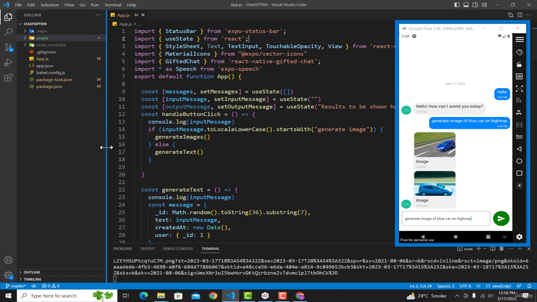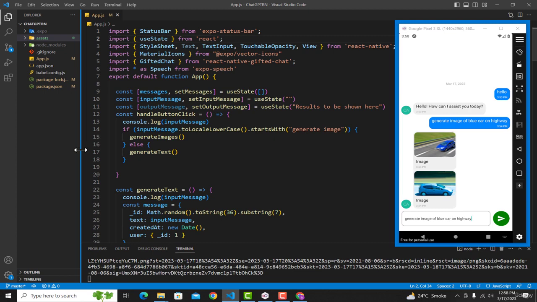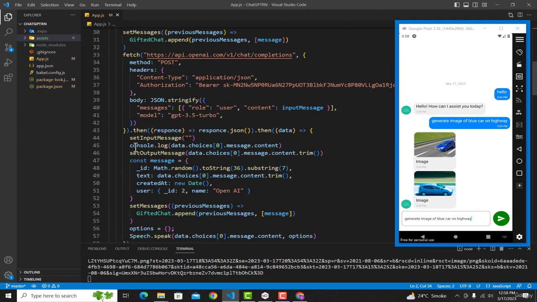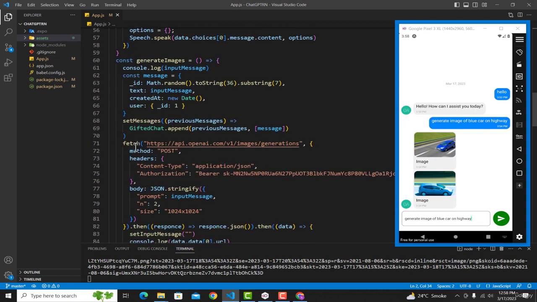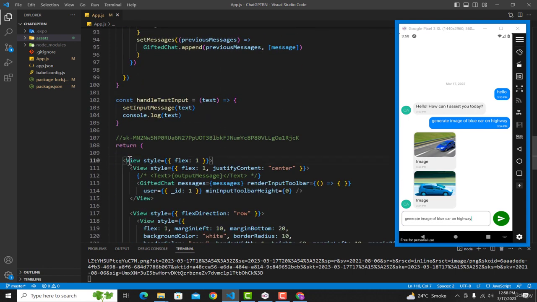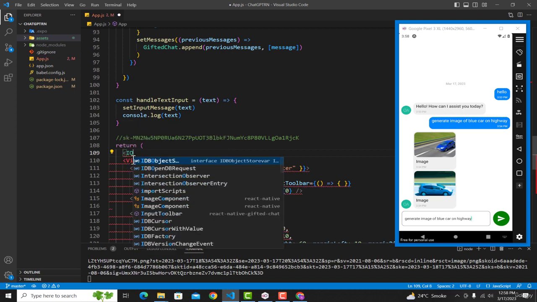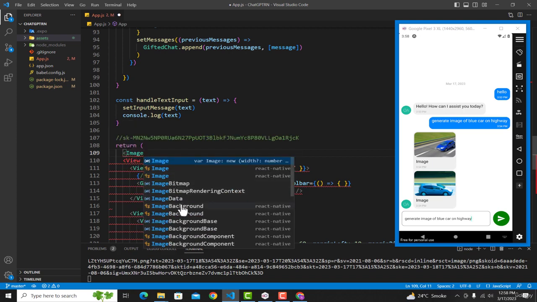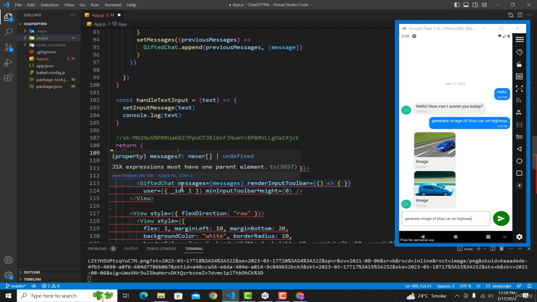To display it, we need to add a component called ImageBackground. So scroll down, and there you will find the components or the layout for our application. So there you can see that. Now here we need to use a component called ImageBackground. When you type image, you will see this ImageBackground option, so just select it, and after that